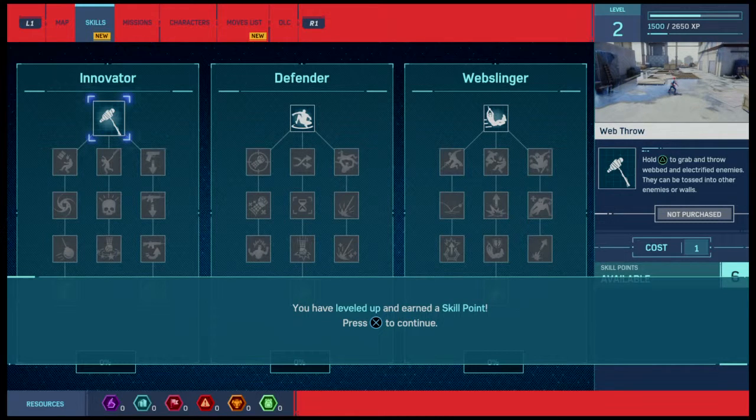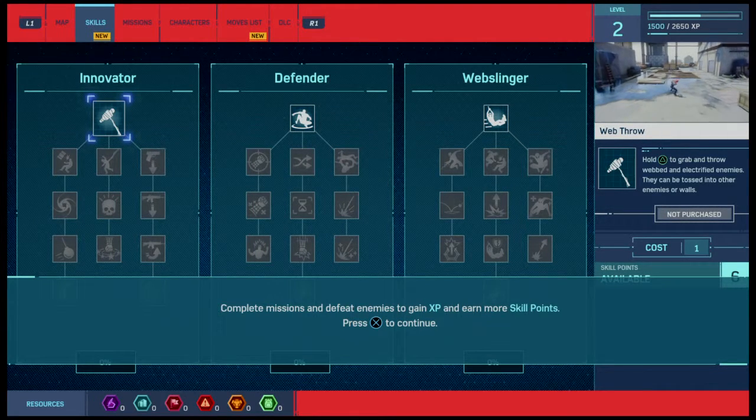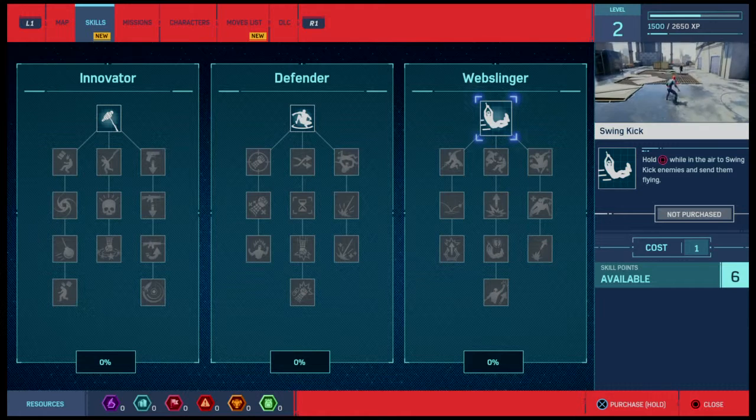You have leveled up and earned a skill point. Skill points are awarded when you gain enough experience points. Complete missions and defeat enemies to earn XP and more skill points. So I'm gonna do